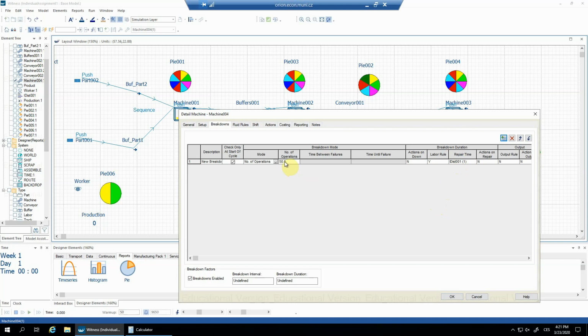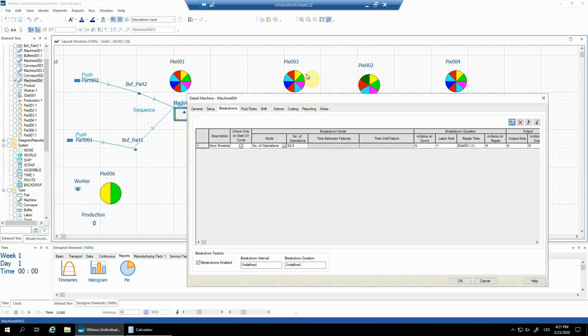Since we know that it happens every 50 operations, we should calculate how often the operations happen. In 1000 minutes, we've got approximately 200 products out. That means about 5 minutes per operation. 50 operations multiplied by 5